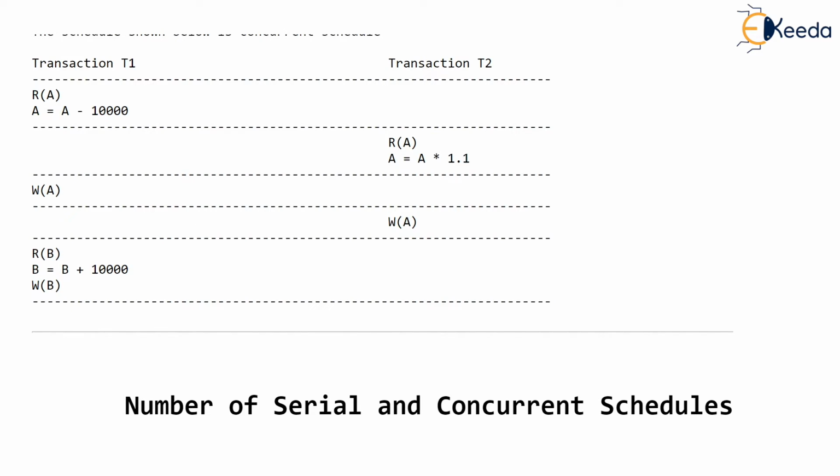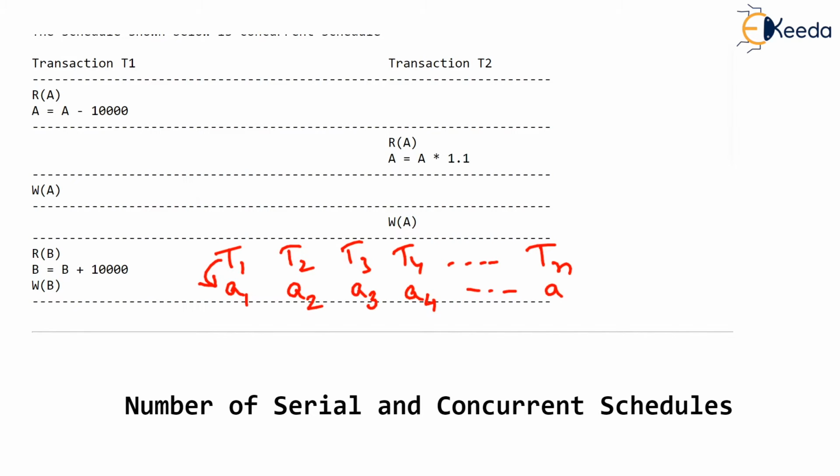So in general, if we are given n transactions, T1, T2, T3, T4 up to Tn, running concurrently, then T1 has A1 operations, let's say, that means A1 statements. T1 is the transaction having A1 statements, T2 is having A2 statements, T3 is having A3 statements, A4 up to An. So Tn is having number of statements as An. Then how many schedules are possible? Number of schedules first of all. Now listen, this number of schedules includes serial schedules also.